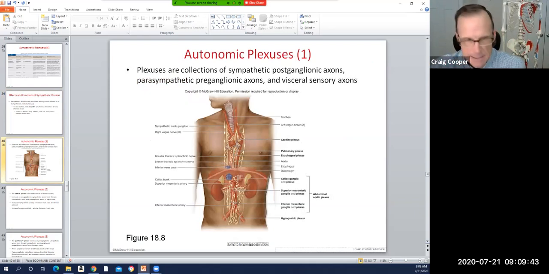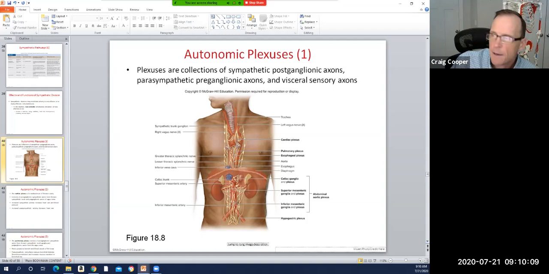So we've got plexuses. Remember, we had plexuses on the somatic side for the motor system in particular, where we had the cervical plexus and the brachial plexus and the lumbar plexus and the sacral plexus, where we have these different branches of spinal nerves that split off and then reorganize themselves as distinct peripheral nerves. We have plexuses with these autonomic